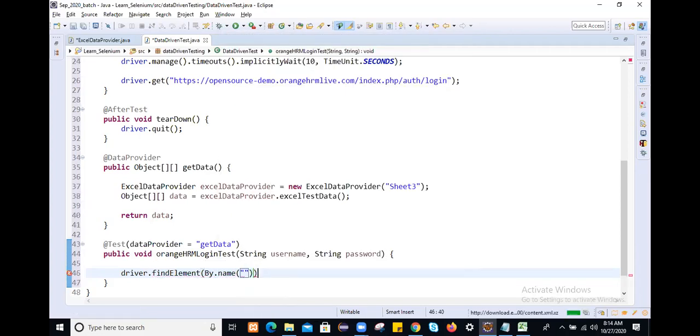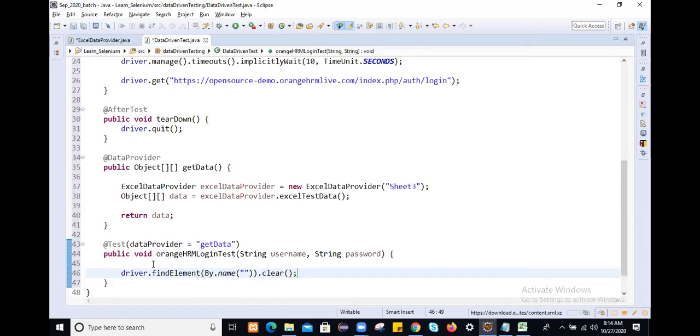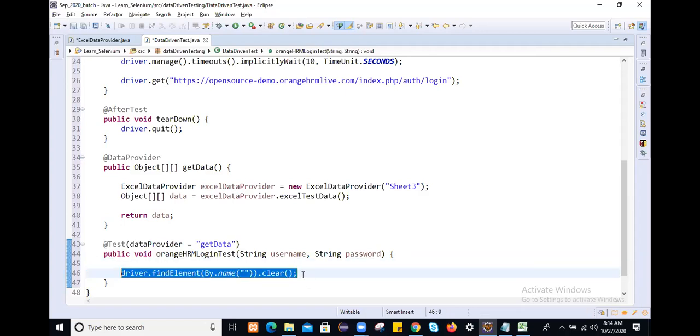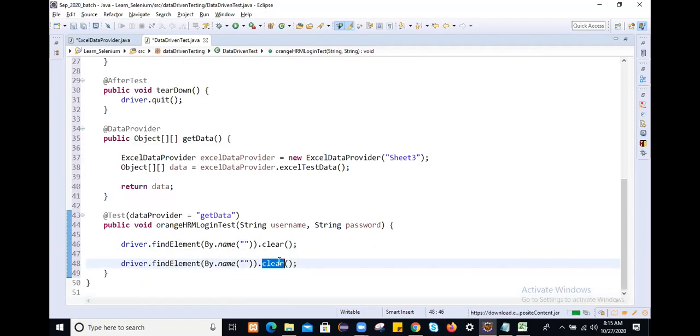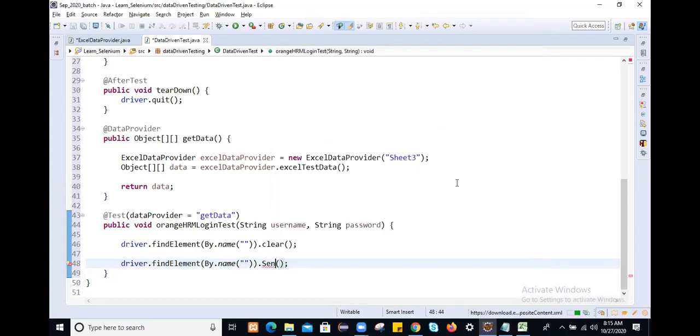First of all, we are going to clear the field. Okay, before going to type the username, within the username field we will clear that username field, and then we will type whatever username you are going to pass. Okay, so here just use the sendKeys method for typing operation. So what are the inputs we are going to pass? That input we will provide here.